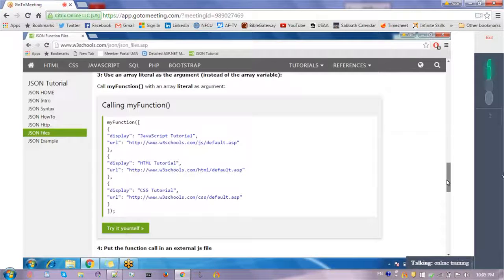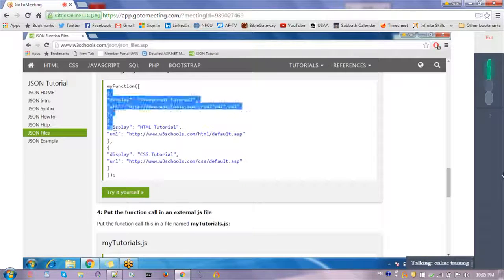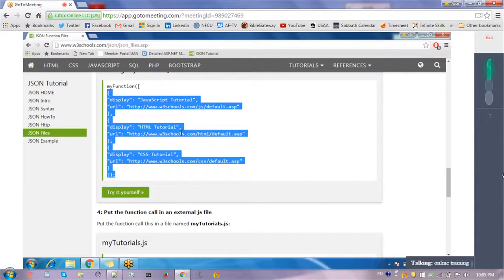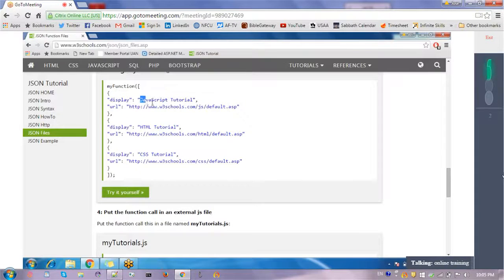But again, suppose this is the JSON data, right? I wanted to make this data, and I wanted to get the data from the text box or some other control. So what I have to do for this display attribute? I want to take the data from the text box.